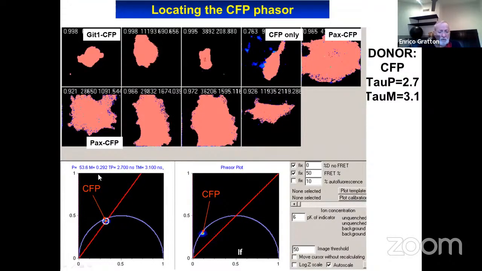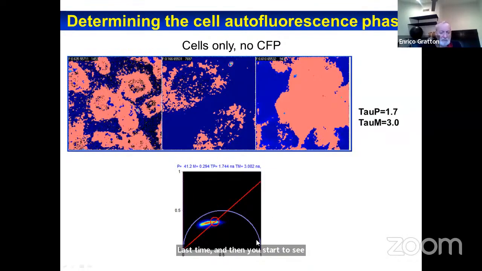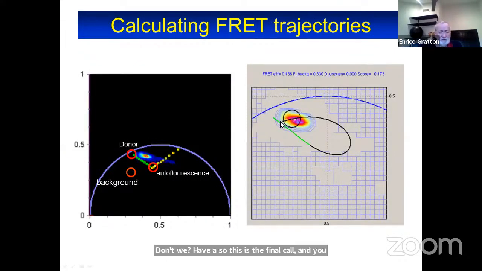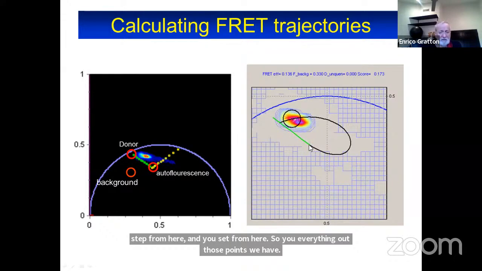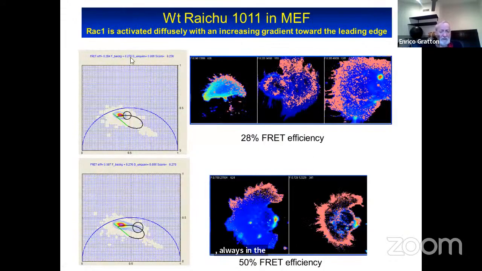And so we can do, for example, different kinds of sensor. For example, this is GT1 CFP, and you can see that this expresses everywhere in the cell. And the left hand of the background is in a different position. And then you start to see the development of the curve that will go to zero. It will not go up to zero because, of course, that means that every donor will have... so this is the final curve, and you start from here and you start from here. So you already know those points will have some sensor and no sensor. And then the curve, you see, always deviates from the linear combination, and it goes in the area of, and this is